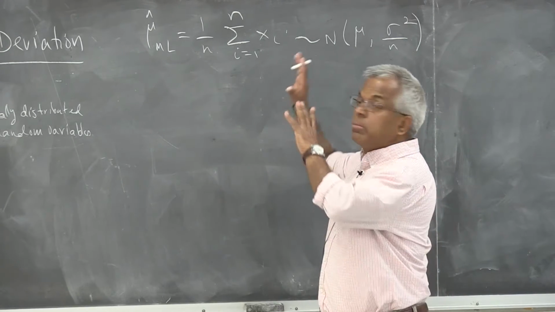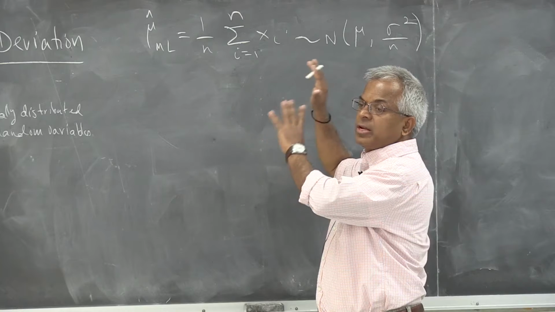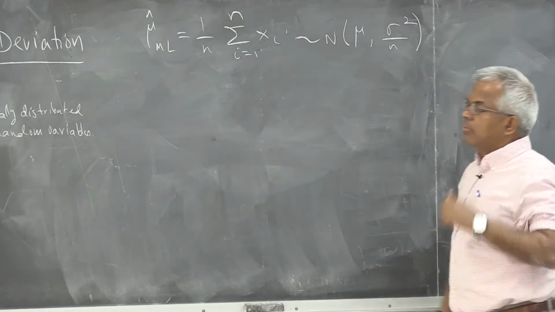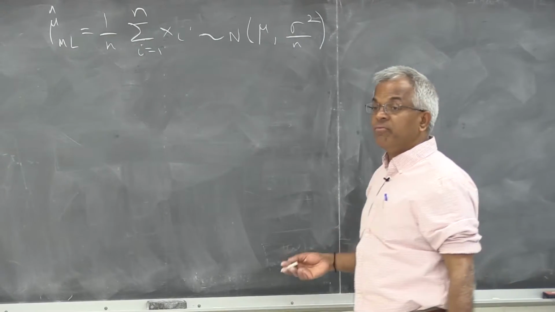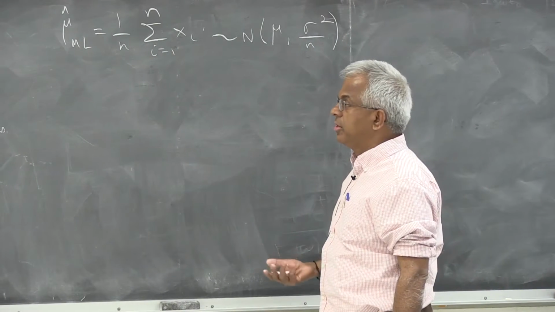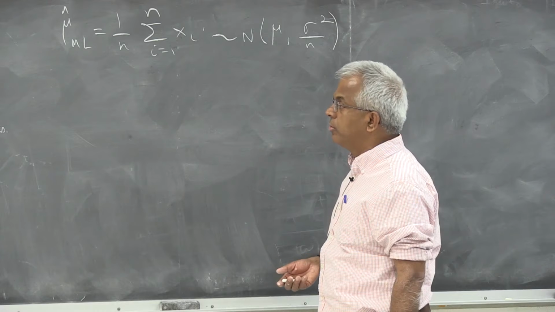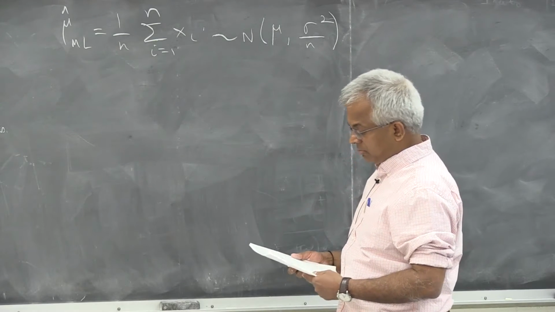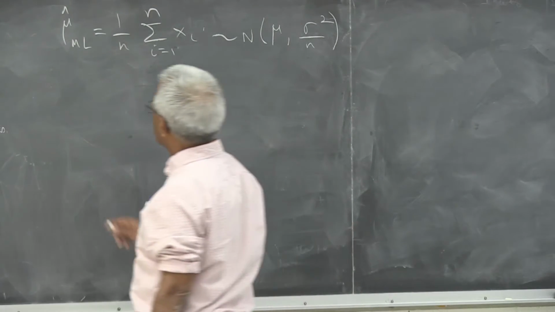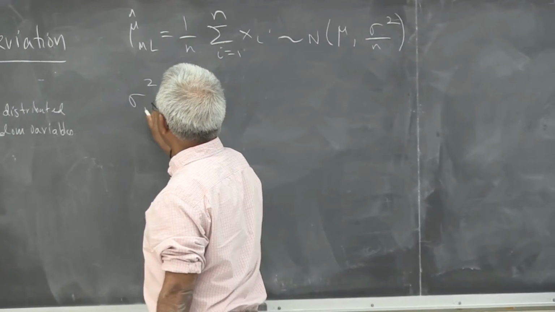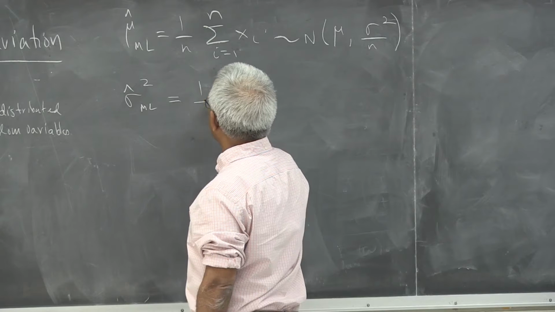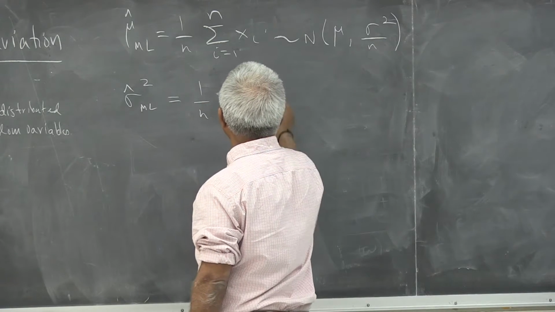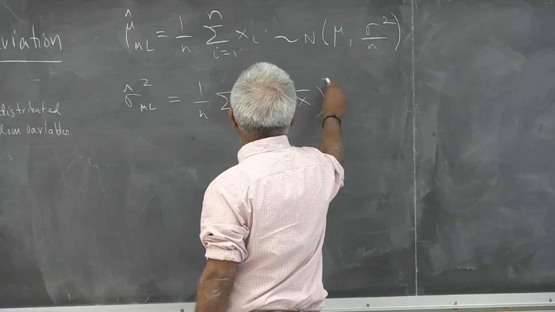This is the unbiased estimator with the minimum variance, and hence it's the UMVU, or uniformly minimum variance unbiased estimator, for mu. Similarly, the unbiased estimator for variance can be shown to be, so these are classic results,